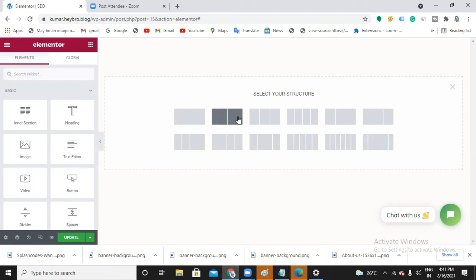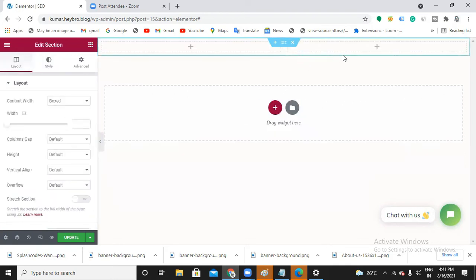Okay, let me show you. Can you see now? Two columns in one section. So here, how many columns do I have? Two columns, one, two, and this is the section. When I put a cursor on that dial pad option, it is asking me to edit section. And when I put a cursor over here, it is asking me to edit column. Clear? And here a plus icon is there, right? Here you can drag and drop your elements.